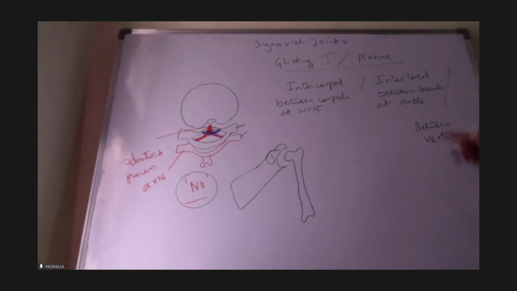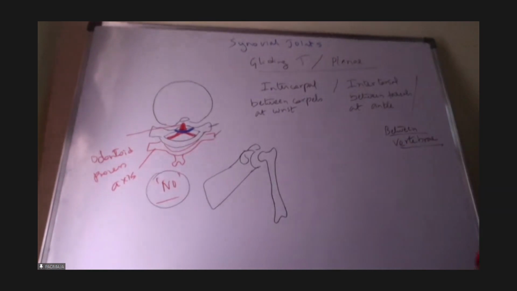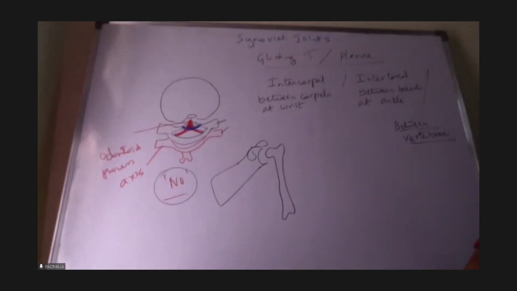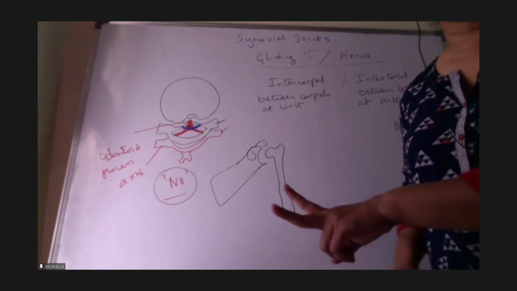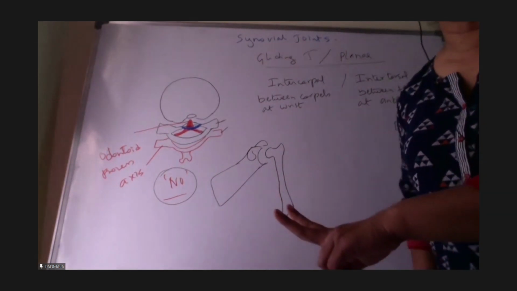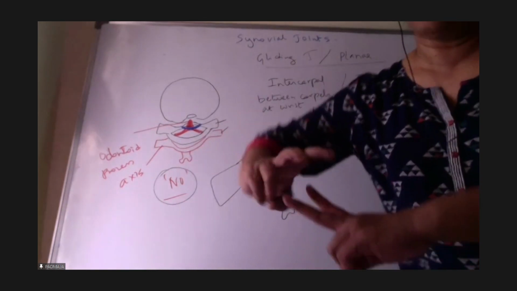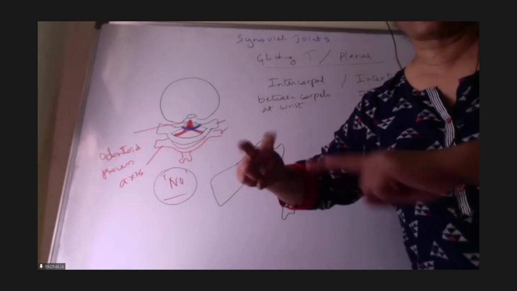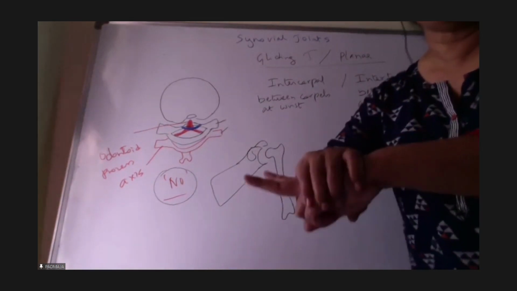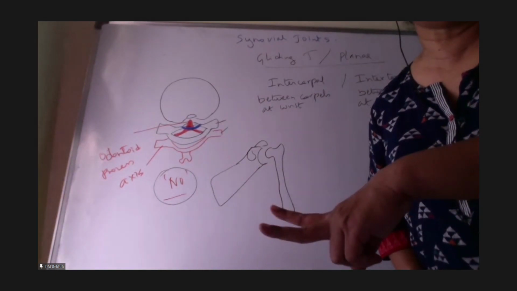You write down, this is the third example, between vertebrae. Already I explained this when I was explaining the vertebral column lesson. One vertebra consists of articular processes like this, another vertebra consists of articular processes like this. They fix upon each other. Say my hands are the vertebrae. This one is one vertebra with articular processes like this.